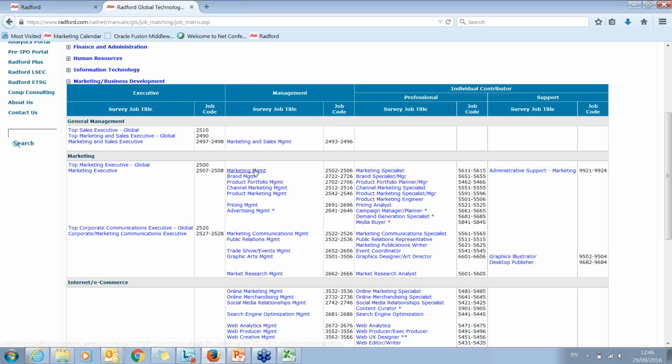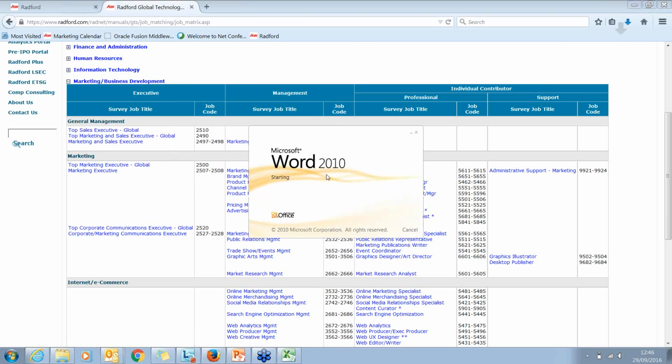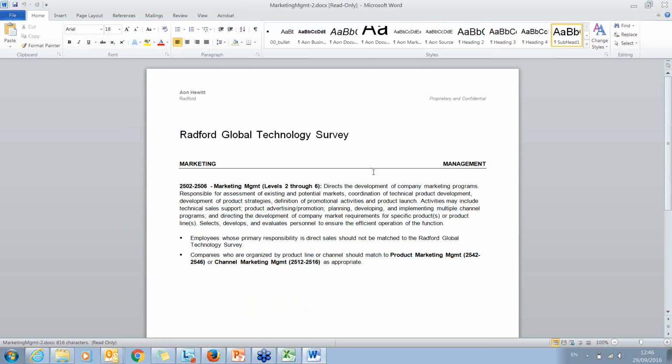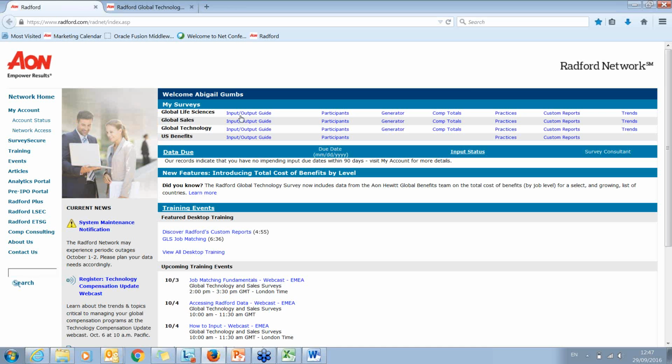So I think I closed that, so let's just recap on that. Having identified that we are looking for a marketing manager, we talked about having identified the job family, and this is the job family, and within the job family here we can see that the job code is 250, and we just need to now assign a level, which can be a level 2 to level 6 based on the skills and responsibilities of that particular role. So going back to our input-output guide,